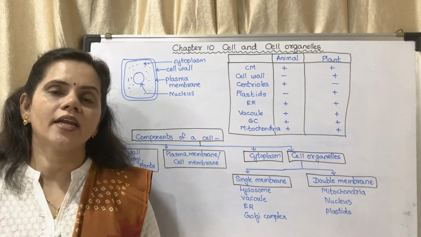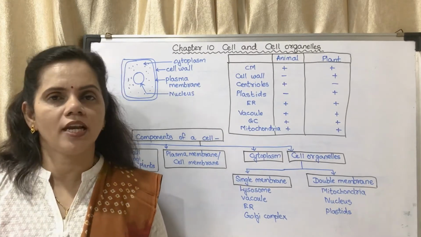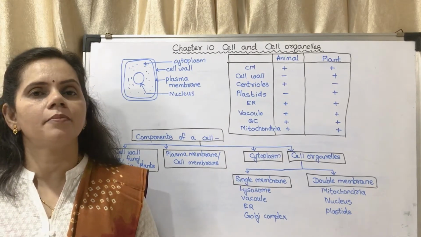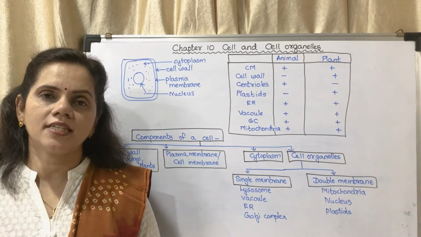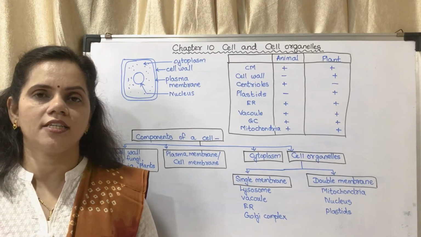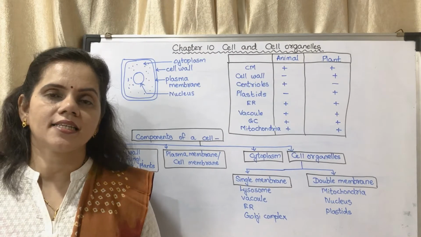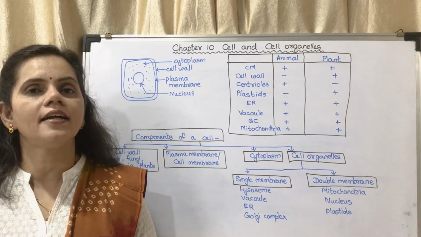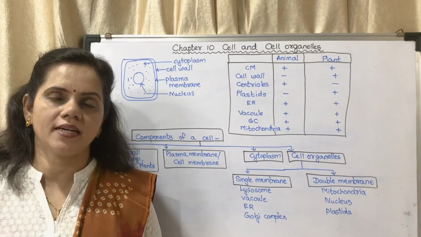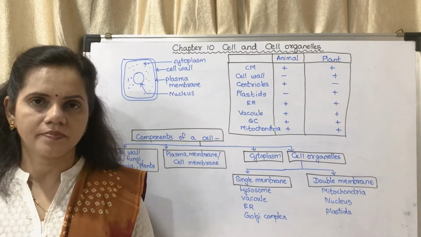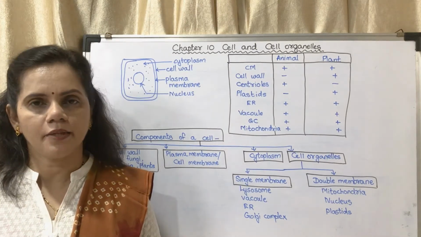Prokaryotic cell is generally unicellular. Unicellular means made up of only one cell, and multicellular means made up of many cells. Multicellular organisms are eukaryotic organisms, having eukaryotic cells. Now eukaryotic cells are divided into two, plant cell and animal cell. Fungal cell is also there, but basically plant cell and animal cell. In this chapter, we are going to study about plant cell and animal cell.